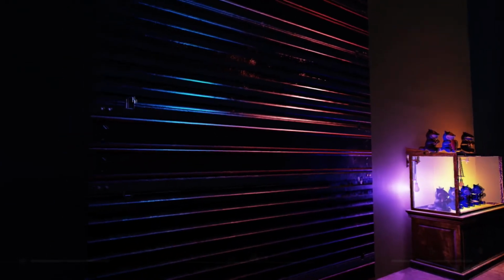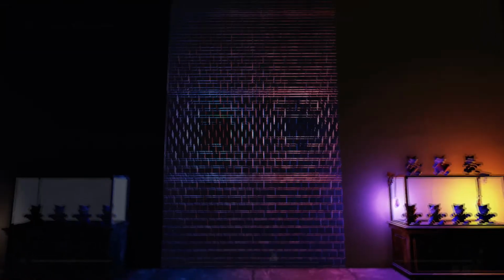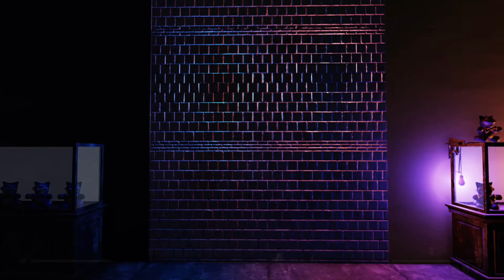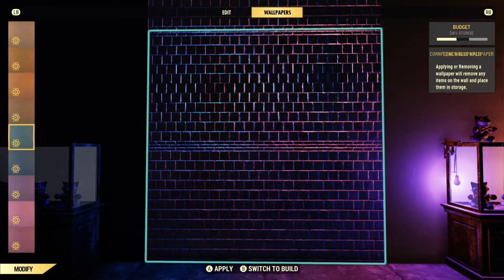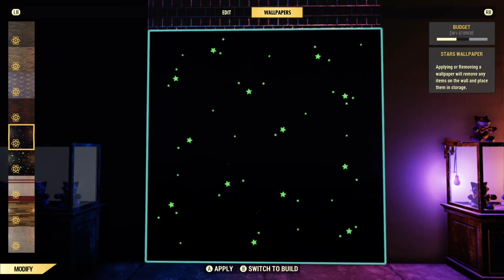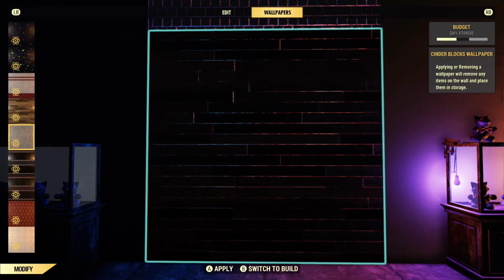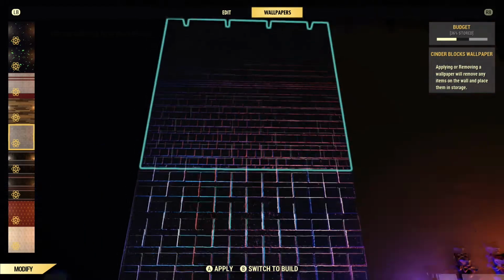So I'm not gonna lie here, I spent a considerable amount of time just geeking out over these different wallpapers because it's almost like you unlocked something from the atomic shop. It's like a brand new item. Just beware, once you start doing this, you're not going to be able to stop. It's super addictive. If you're not feeling all these crazy colors, you can actually just use the white light and still get this effect. It's so simple and easy to do, and it has such a huge impact on the